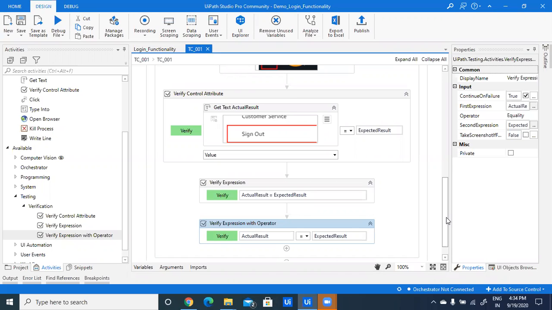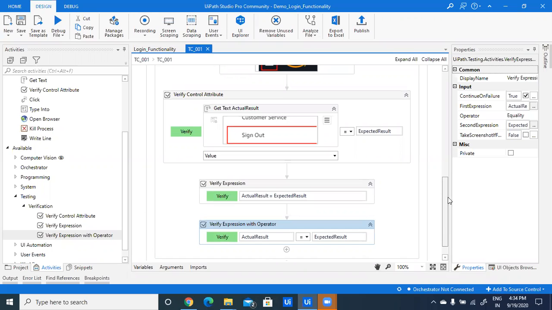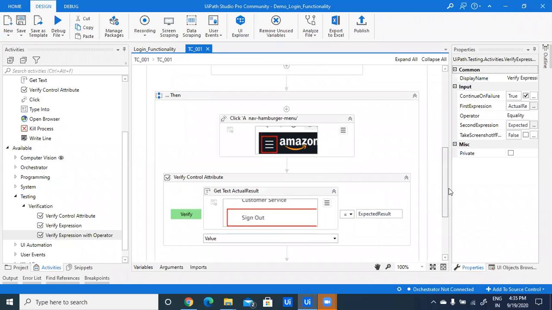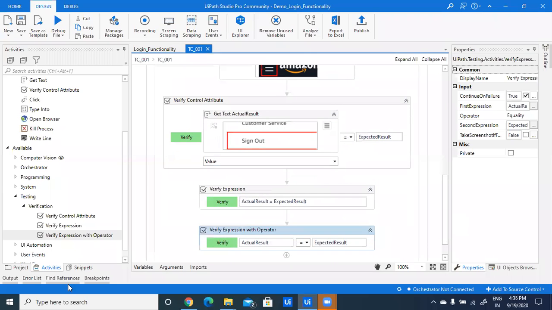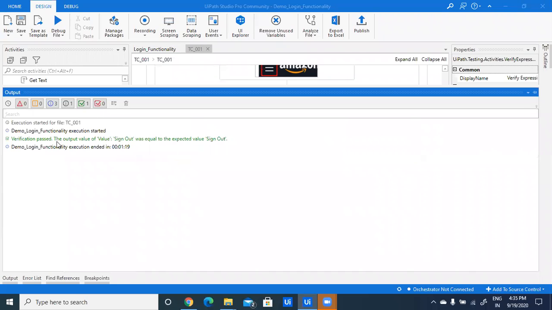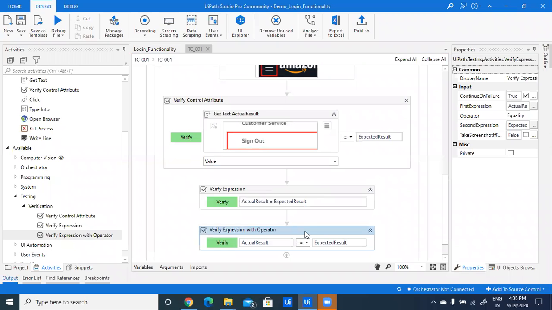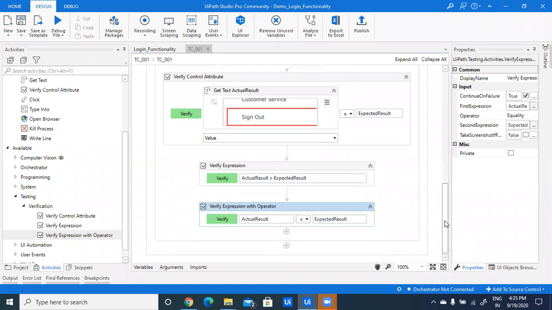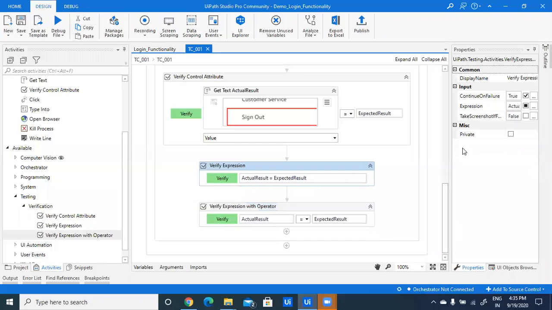So how do we write that here for failed and for passed, the test messages which have to be printed in the logs? Okay, you are saying the passed and failed message we have to print in the logs. We can use an if else activity, or we can view it from the orchestrator only. Currently, this activity does not have any output value to store that passed or failed result.